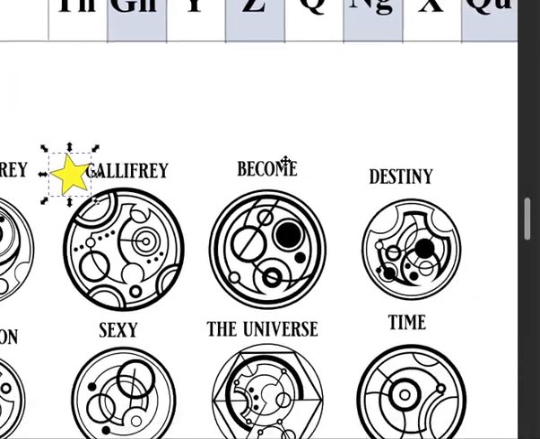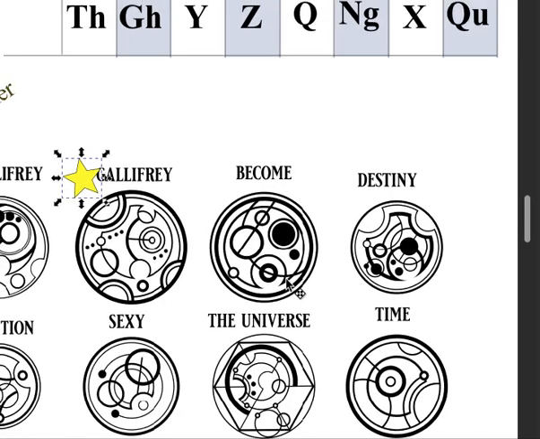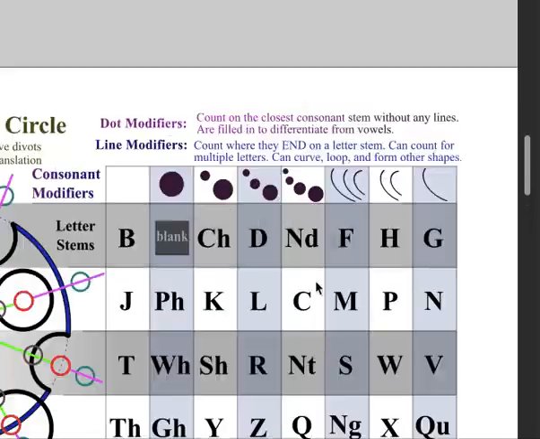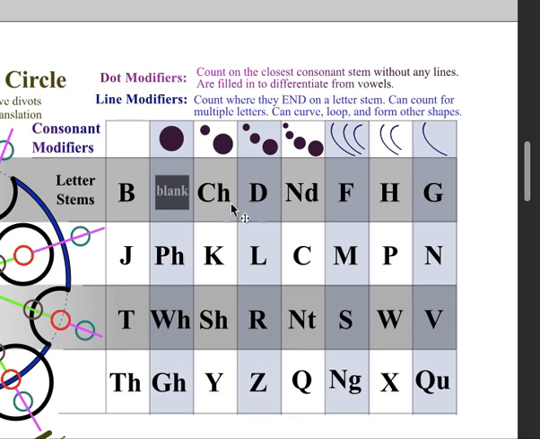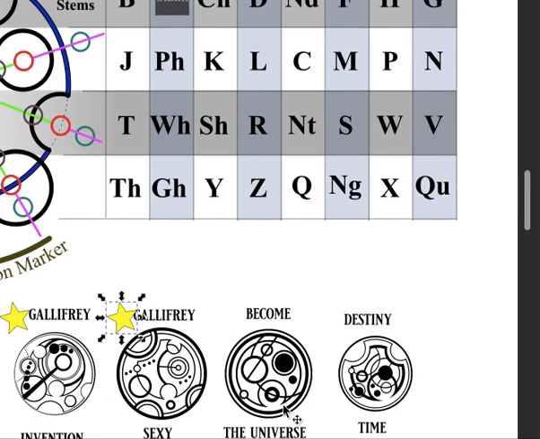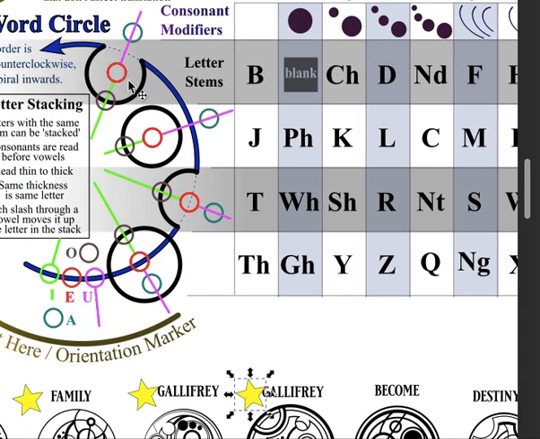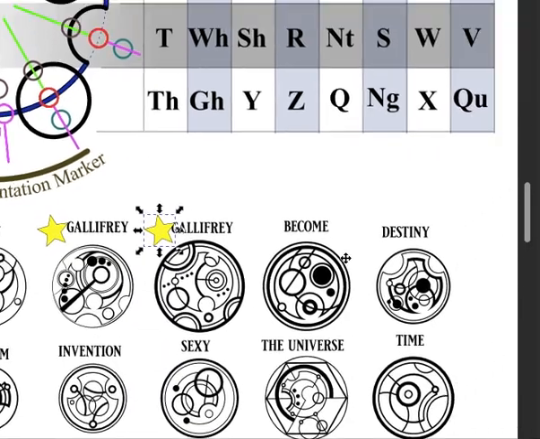So let's move on to become. So we have a deep divot with no lines. Lines that pass through letters don't count because lines count where they end on a letter. So that would be a B because nothing ends on it. Then right in the middle of the B, we have something like this red circle, which if we follow down is an E. Then we have 2 dots on the K in